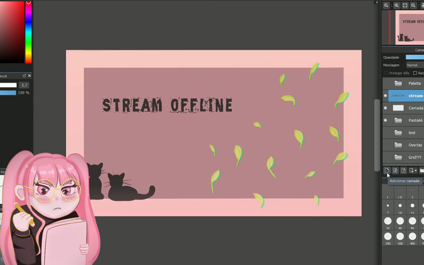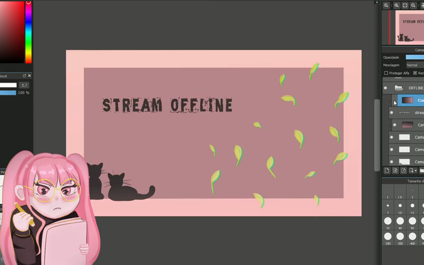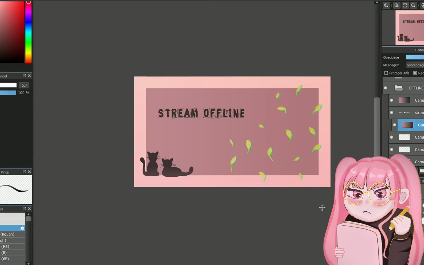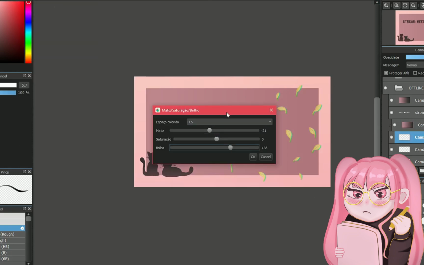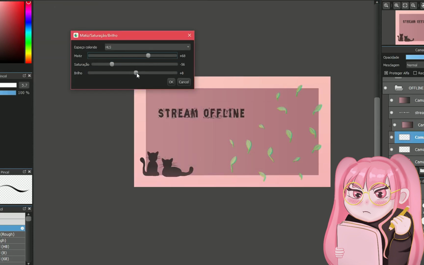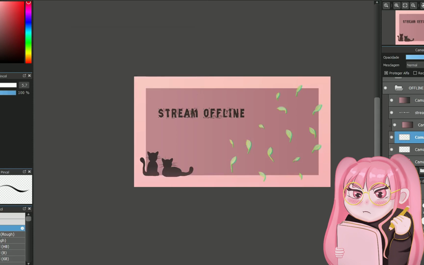I find something that I like, and I just use this with an overlay layer on top, and it's done. I just like a bunch of overlay layers so I can put everything together.